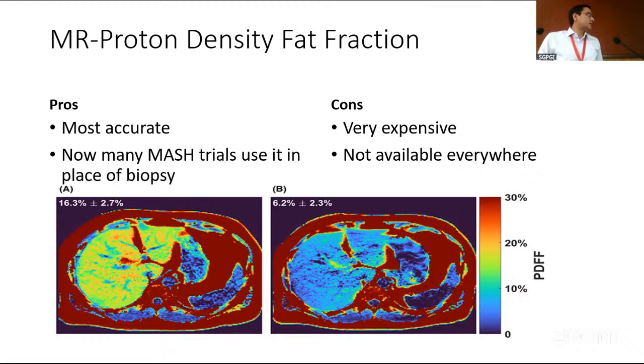This is a prototype image where we can see that this is the liver where the fat deposition is 6.2%. And here we can see the color coding: as the fat deposition increases, the color coding changes from a bluish hue to an orange hue. And here we can see that the fat deposition is around 16% in this patient, which means that the level of deposition is high in this picture as compared to this.